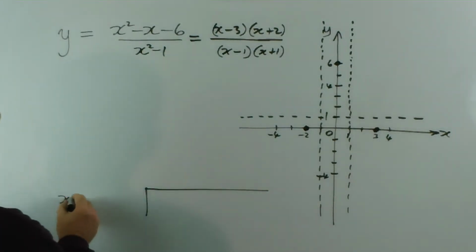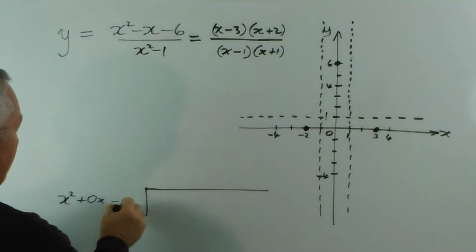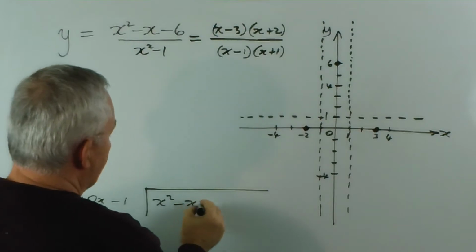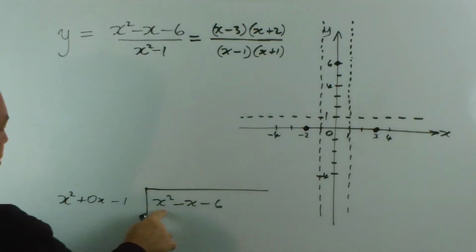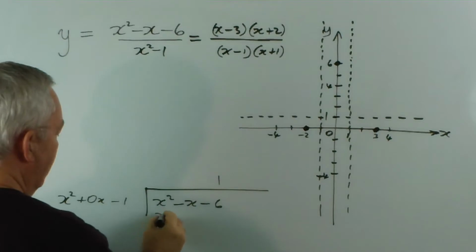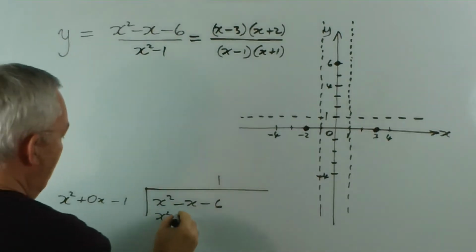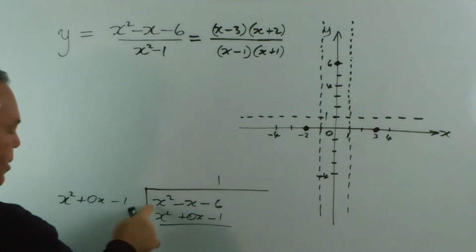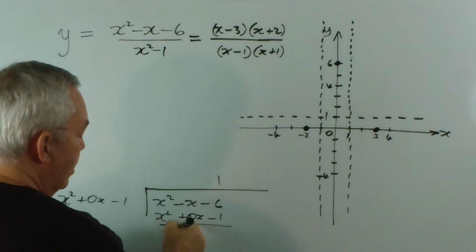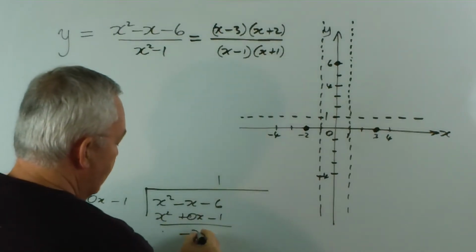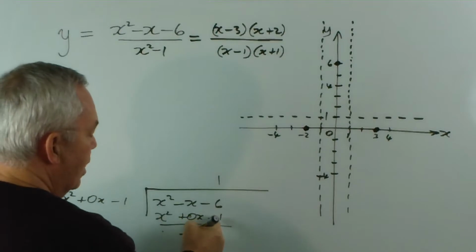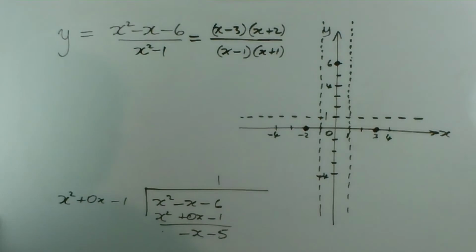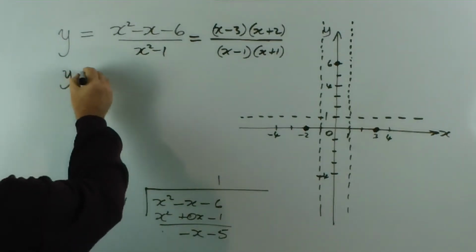We're dividing x squared and no x's and a minus 1 into x squared minus x minus 6. X squared into x squared goes once, so we just multiply this by 1, which means leave it alone. And we perform the subtraction. This minus this is 0. Minus x take away 0 x's is minus x. Minus 6 minus minus 1, minus 6 plus 1 is minus 5. So y equals 1